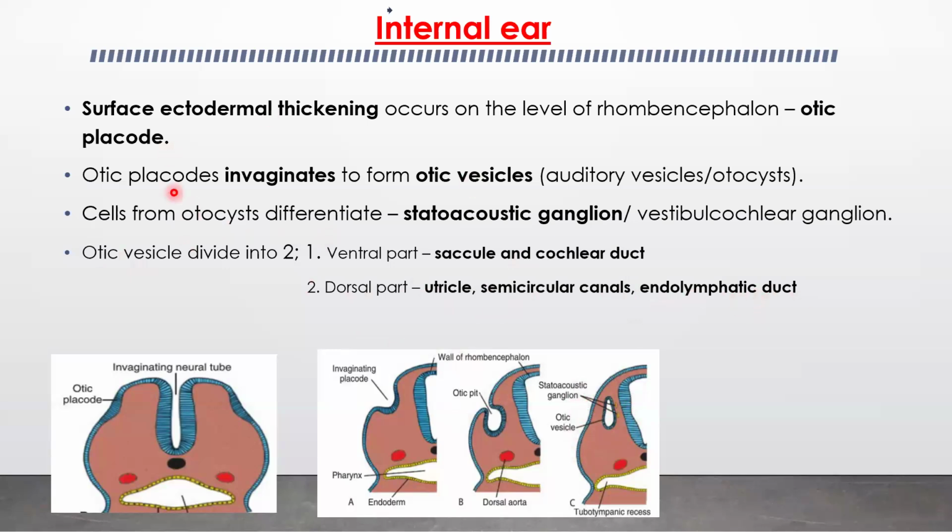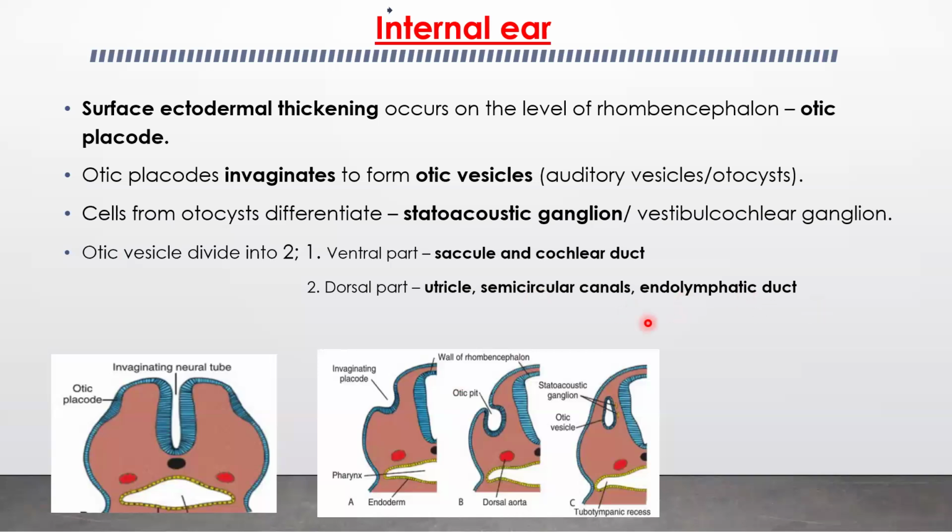So remember at this point, we have the otocyst. This otocyst is this invagination at this point, which has invaginated and gotten into the mesenchyme. So some cells on the inner side will differentiate from this otocyst and form these ganglions. But the remains of the otic vesicles are the ones that will differentiate, of which now the ventral part will form the saccule and the cochlear ducts. And then the posterior points now, or the dorsal part will give us the utricle, the semicircular canals, and the